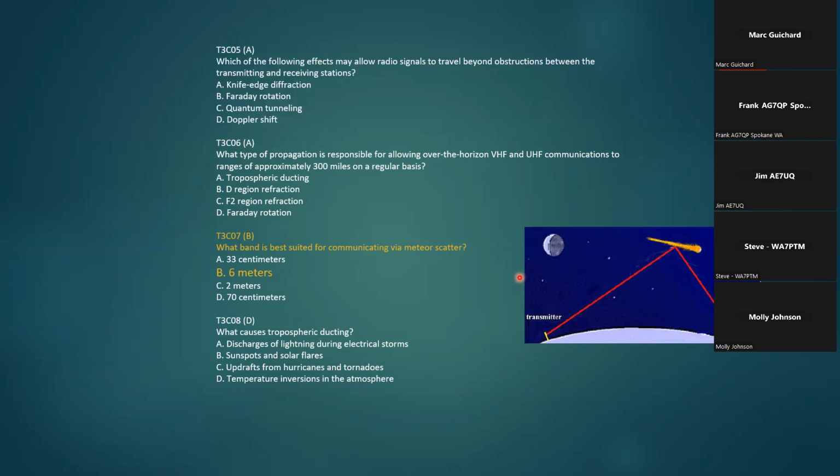Even though the meteor flashes are very short, you can establish communications between two widely separated locations using meteor scatter, and you actually reflect the radio signal off of the ionized gas that's generated as a meteor shoots through the upper atmosphere. There are hams that actually special